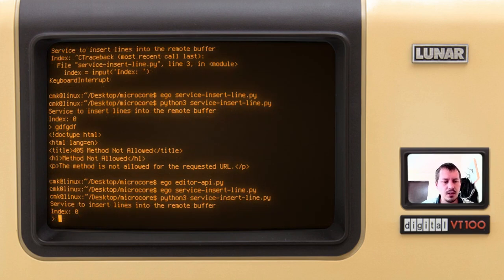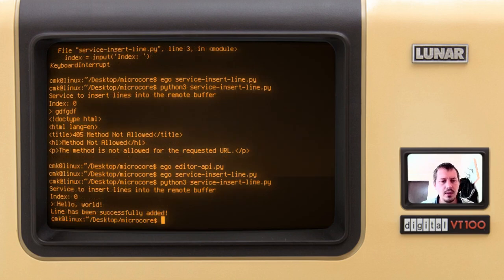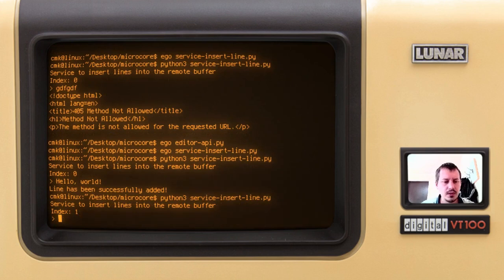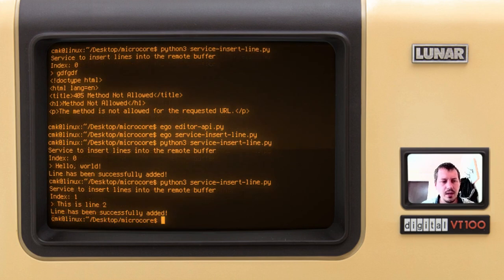So index 0, hello world. And yeah, line has been successfully added, so let's believe this is really the case. Let's do this one more time. So now index 1, for instance, and I can say this is line 2. Now we can't check it actually there because we don't yet have a service to do that job for us, so let's create it. So I can say ego and service print